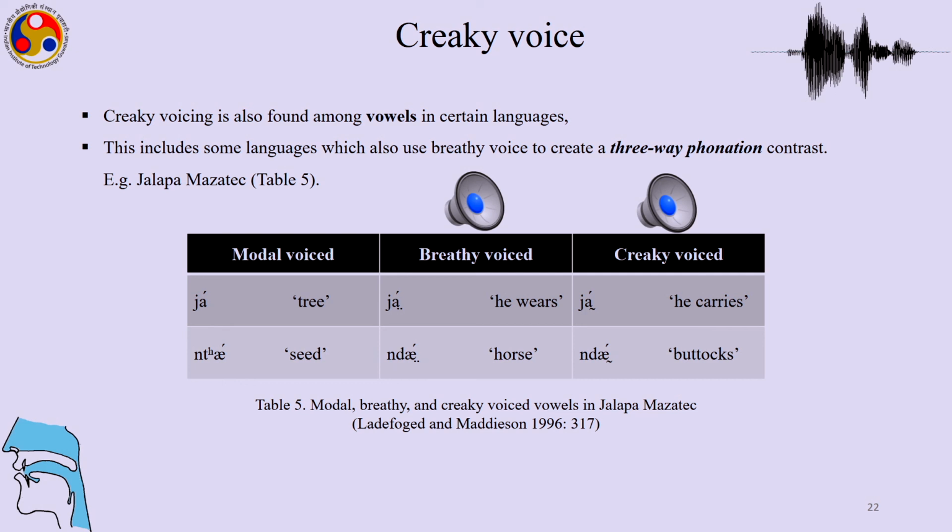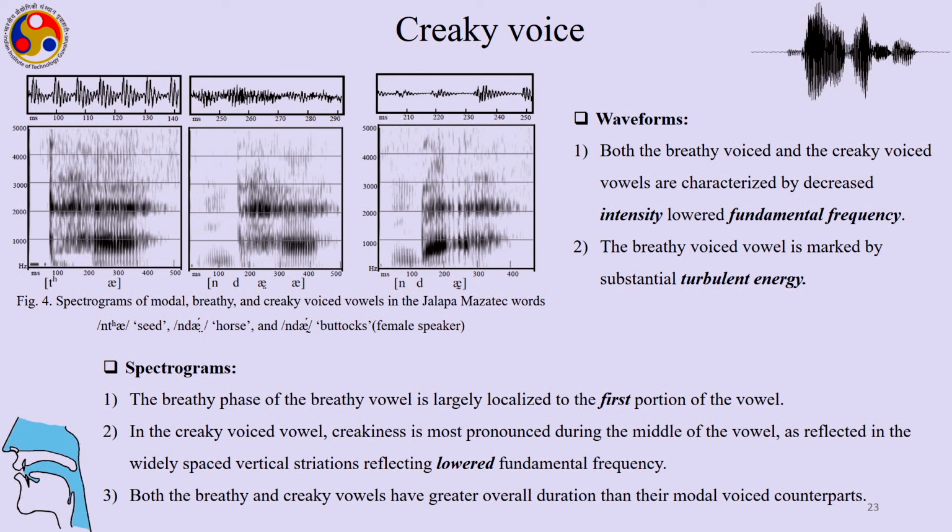Versus the creaky voiced. So, what are the characteristics of these types of phonation? Breathy voice and creaky voice vowels are characterized by decreased intensity and lowered fundamental frequency. So, the breathy voice vowel is marked by very substantial turbulent energy, and in the spectrograms above,